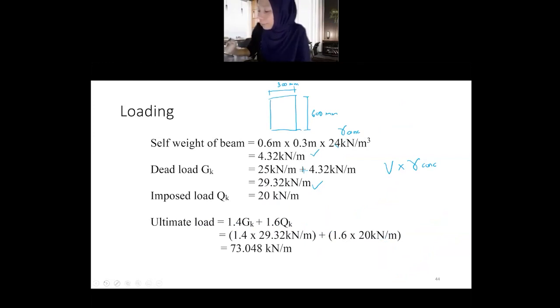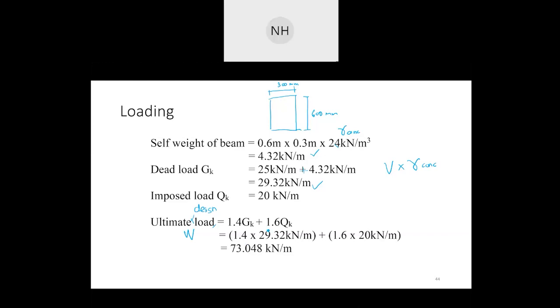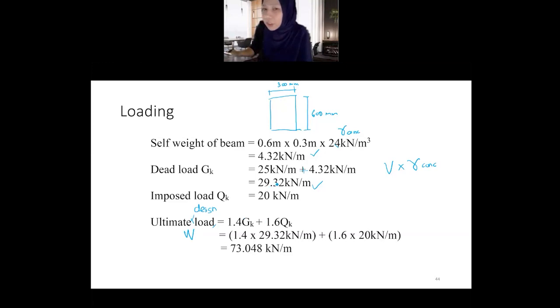So after you dah dapat this dead load, you masukkan dalam formula. Sebab kita nak kira loading, we need to use the ultimate design load formula. Mungkin I akan tulis so you tak confused. Which is W. Okay. This formula W equal to 1.4 GK plus 1.6 QK. Right. So 1.4 masukkan value GK yang dah dapat above here which is 29.32. Put it here and plus dengan 1.6 times 20 which is the imposed load. Okay. You akan dapat 73.048